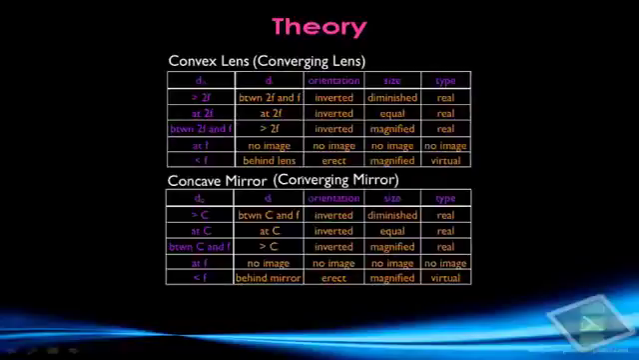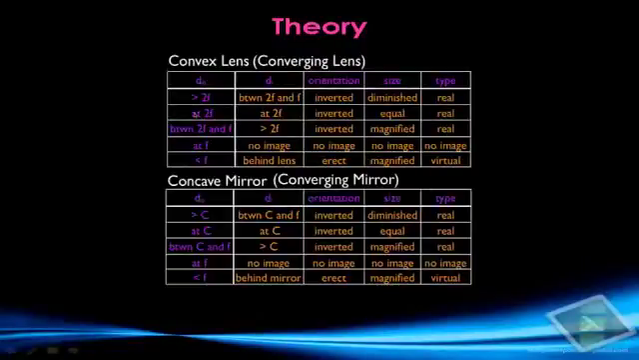And you should notice that the answers, the stuff in this gold color, the answers are exactly the same for the convex lens and the concave mirror. For example, when the object is at C, the image is at C, it's inverted, it's the same size, and it's real. For the convex lens, when the object is at 2F, remember